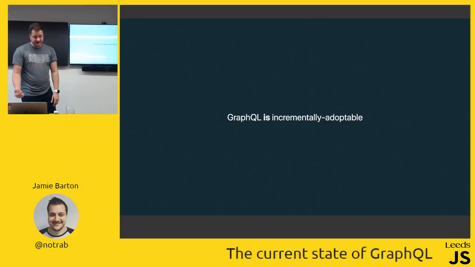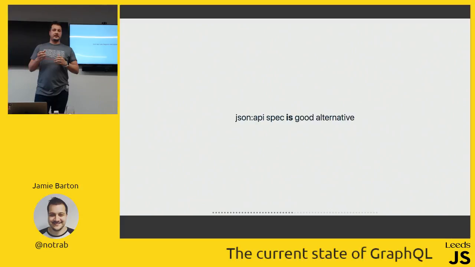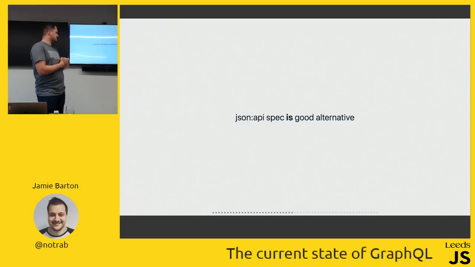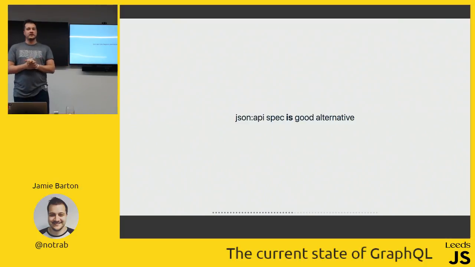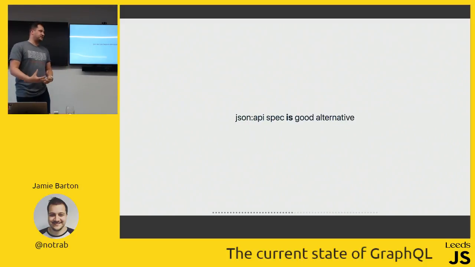At Moltin, we use the JSON API spec, and it is a really good alternative. Before I started, I was like, oh, there's a lot of endpoints here. But actually, when you follow a good specification like JSON API and how they handle some of the things that GraphQL tries to solve, there's not too much difference between them, apart from how you access it and how you get the data out of it. Using things like includes, JSON API has a really good specification for all of that, and I don't think there's that huge difference. I think it's just more around the education and